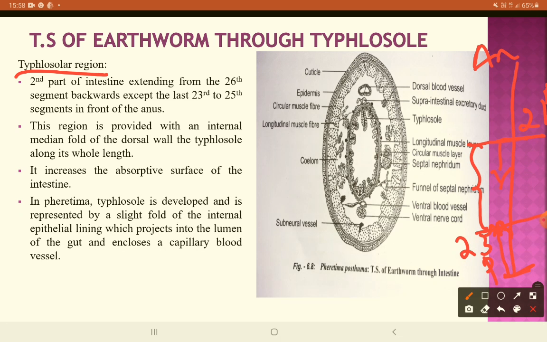So this region is provided with an internal median fold. Here you can see this internal median fold of the dorsal wall, which is the typhlosole, and it runs along the whole length from this 26th segment to the 23rd segment from the posterior end. Now what is the function of this typhlosolar region? It mainly increases the absorptive surface of the intestine. Like we have villi, finger-like projections in our intestine, here it has this typhlosole which increases the absorptive surface of